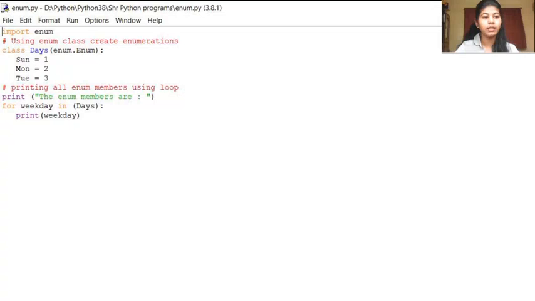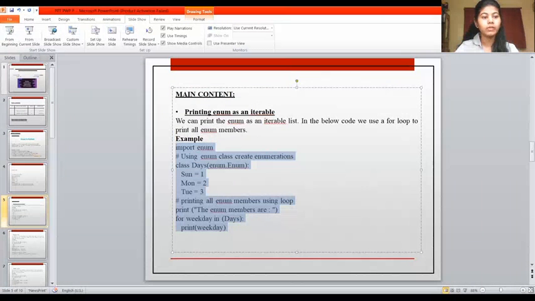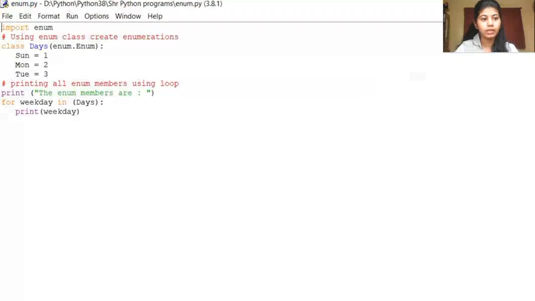As you can see, we have created a class using enum, enumeration. Also, we have printed all enum members using a for loop, and printed weekdays. Now let's check the output of this program.